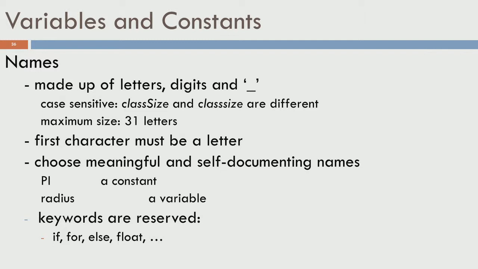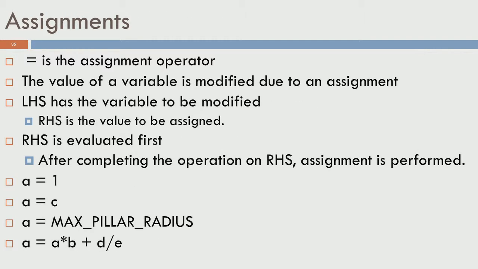So, variables and constants are two typical things. This is where I want to bring in the distinction between what is a variable and what is a constant. A variable is something that can change during the execution of a program, whereas a constant cannot change its value during the execution. If you look at a equals 1, a is a variable here, and 1 is the number 1, which is not going to change during the execution of the program. Therefore, 1 is a constant and a is a variable.